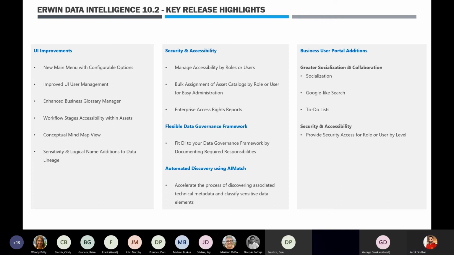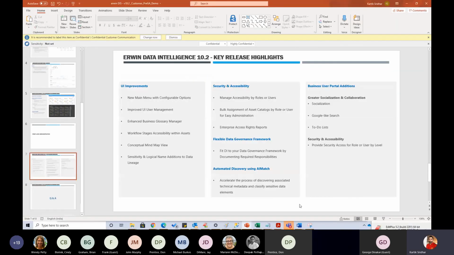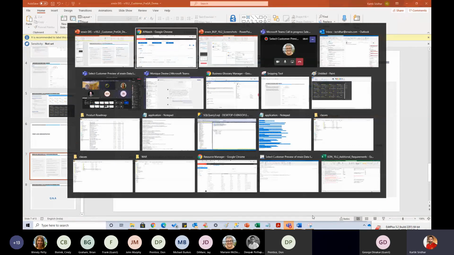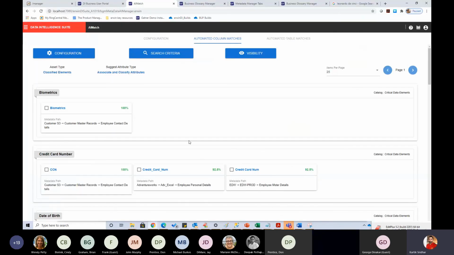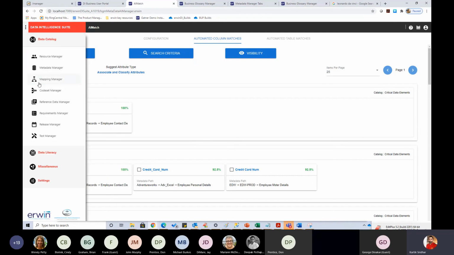I'd mentioned data literacy before, and I don't know if you've had any enhancements to that. Yes. Data literacy, in effect, is our business glossary manager and our business user portal put together. It's primarily something that business users tend to use in order to enrich metadata within their organization and provide the right level of business context.